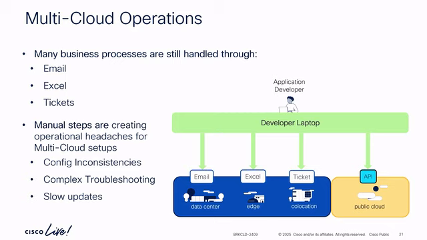And this really is a problem in multi-cloud because the more stuff that we're doing manually, the more stuff that we're not doing in a standardized way, the more inconsistencies we have, which leads to more difficult troubleshooting, and which leads to very slow updates. People are very scared of updating things because the system is so fragile. They're worried that if they do update something, something's going to break, and then it's going to take a war room. All the teams have to come in, and we have to sit down and figure out what's going on. So every update takes every team to be involved, and then gets pushed back by months or years because we can't stop the business running.